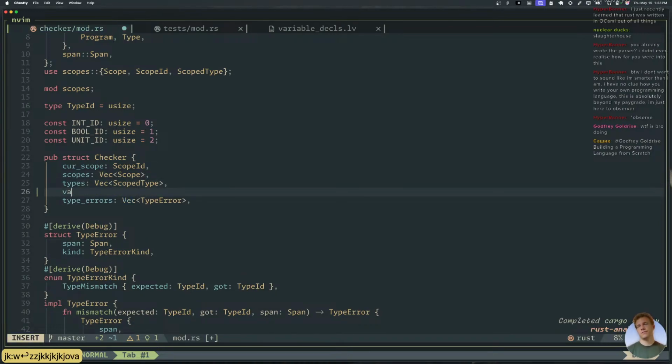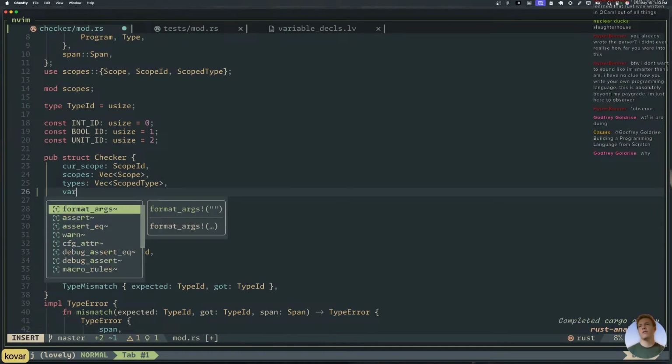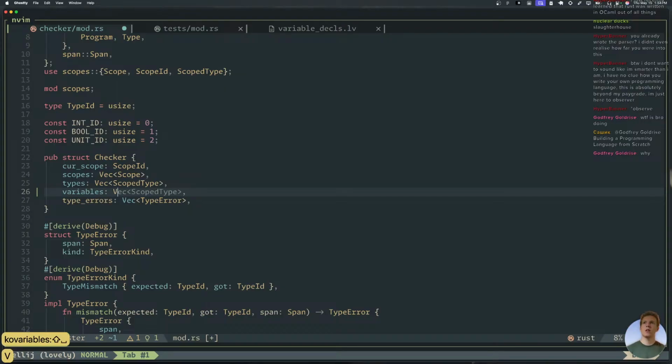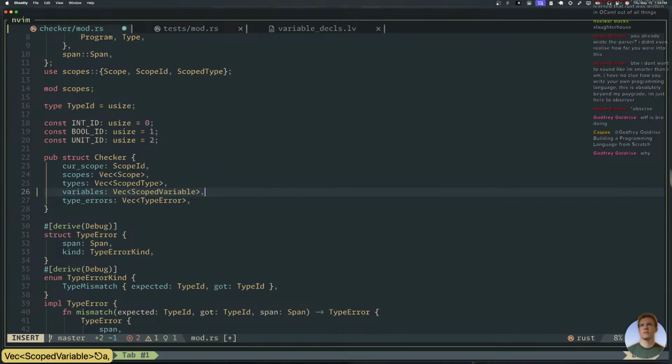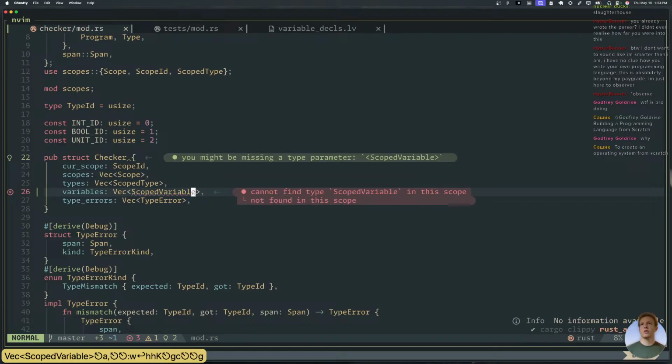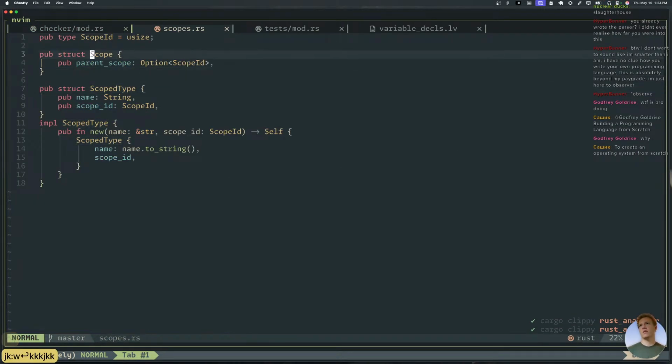Yeah, probably. Does that make sense? Okay, let's do that. Variables. It's a vec of scoped variable. So we should probably make this over in, don't have scopes here, perfect. Okay, so we have a scope, we have a scope type, we're going to make a scope variable.